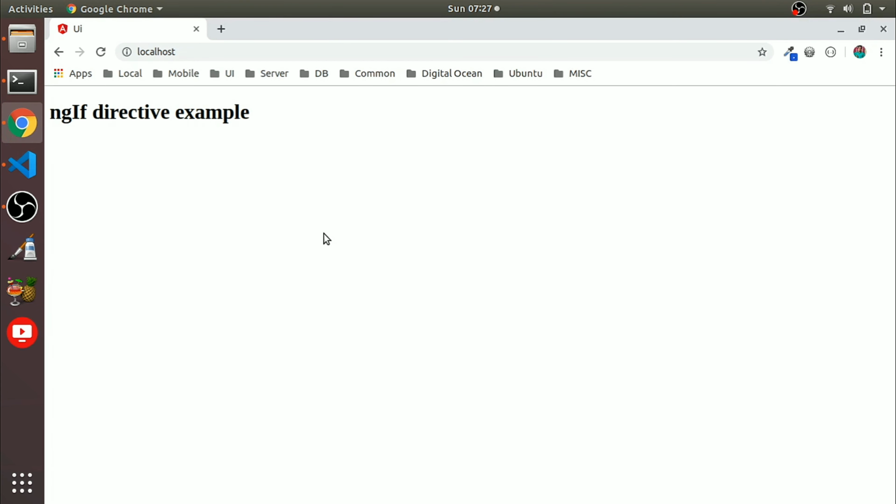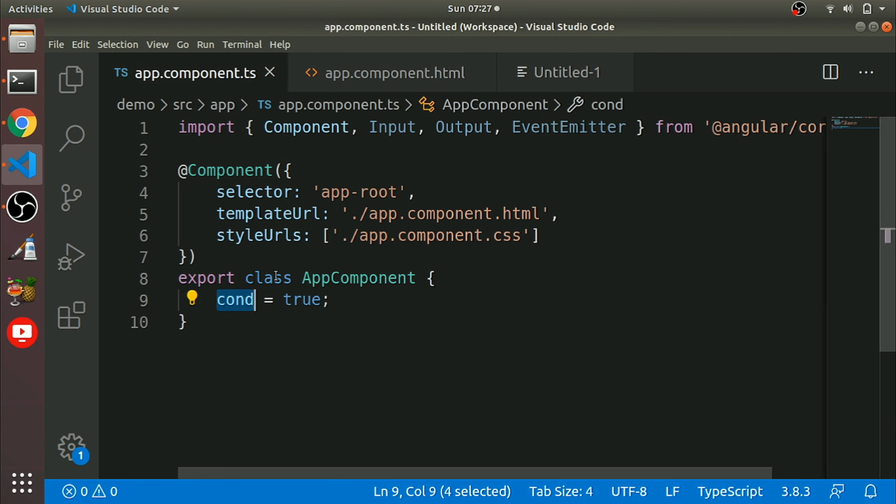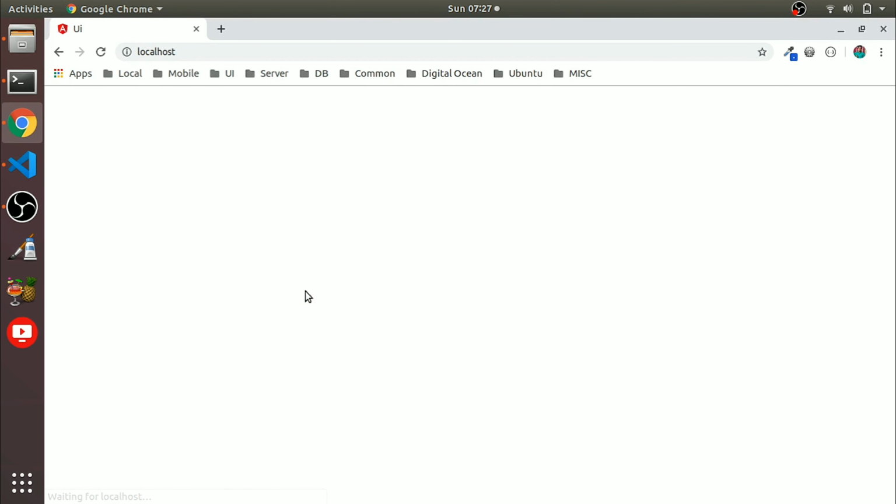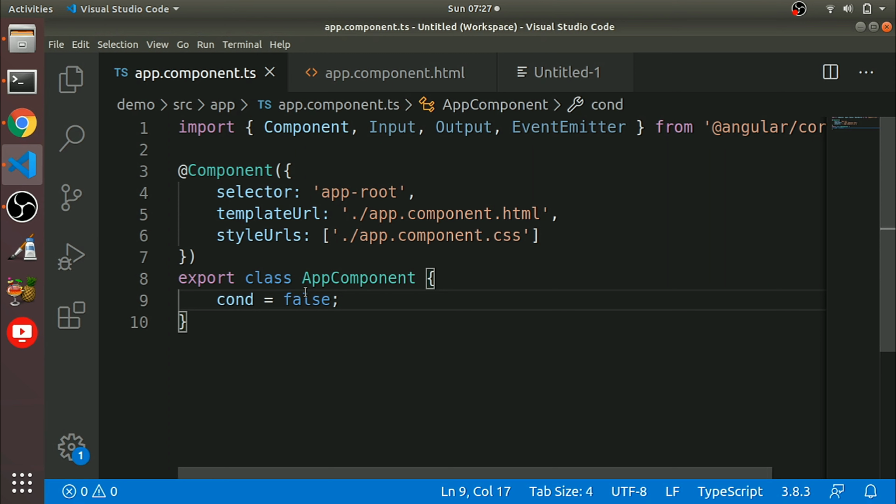Okay, so let me make it false, so that will go. If the condition is false, ngIf will remove the element from the DOM.